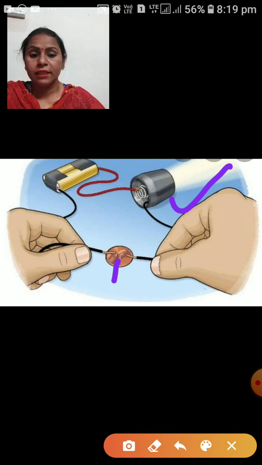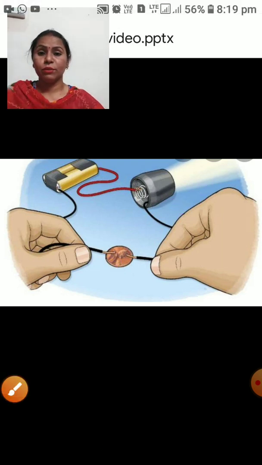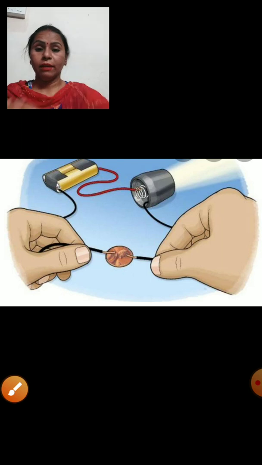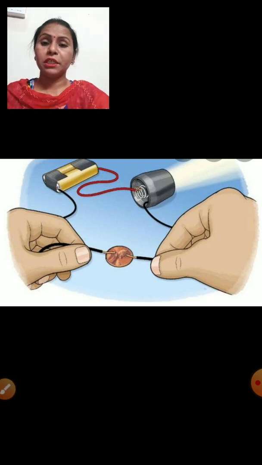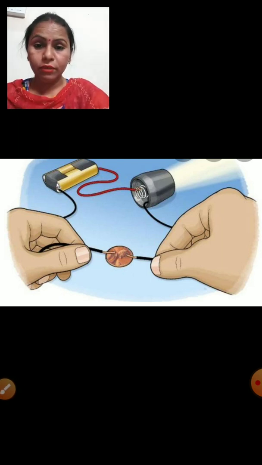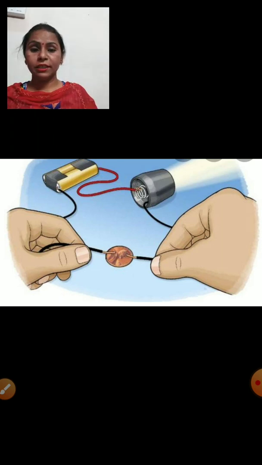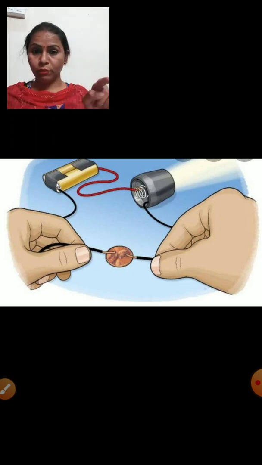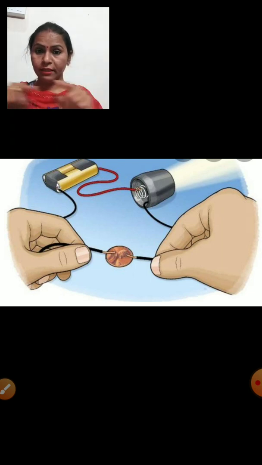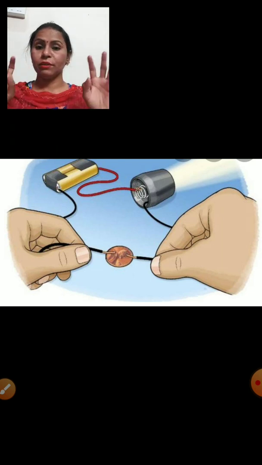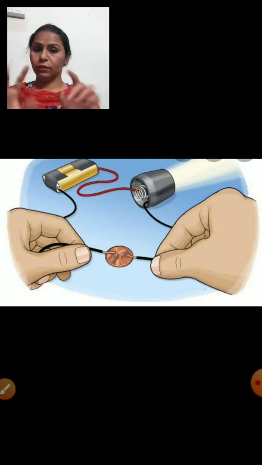So after seeing all these things, when you are observing all these things, after doing this project work, you have to observe carefully. You have to write down all these observations in a sheet. In that sheet, first you have to mention which materials you have used, the total materials which you have used here, at the top.